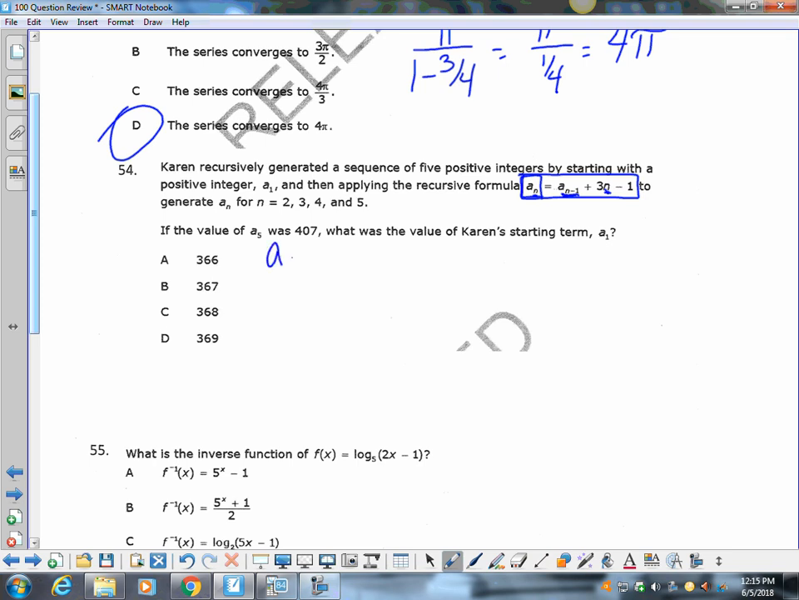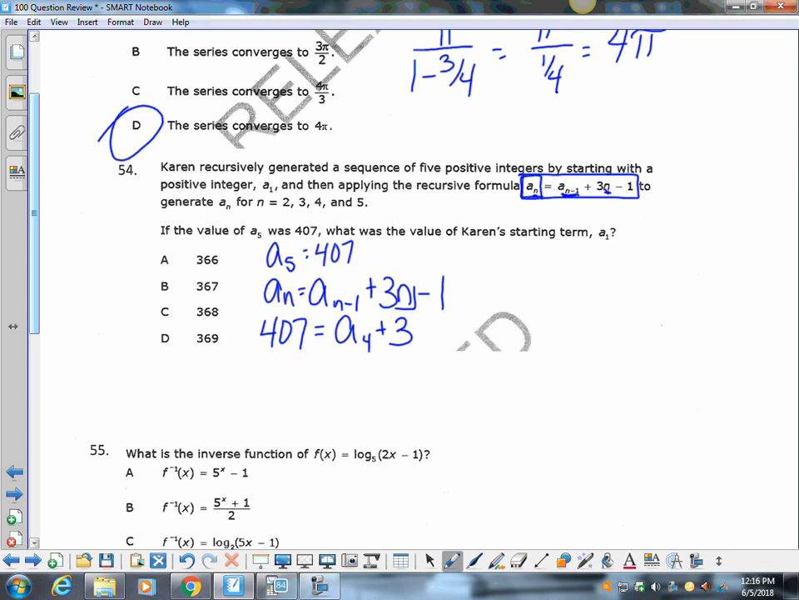Tells me that a sub 5 is 407. So in the 5th chair sits 407, and I want a sub 1. Okay, so I'm going to use this formula, and this one's a pain in the butt, but it's very doable. So this is going to be a sub 5, which I know is 407, equals, now a sub n minus 1 is going to be a sub 4, the chair before it, plus